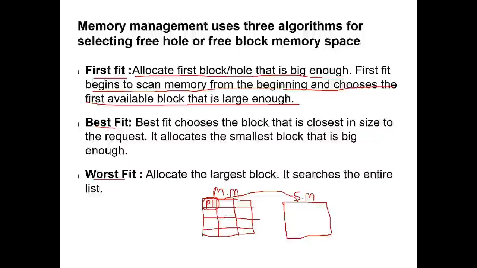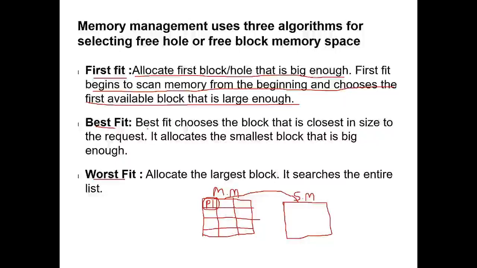If that first free block partition is not able to hold that process, then the next free block will be searched and there that process can be allocated if it is able to hold it. So in this way, whichever the first free block is, the process will first be tried there. If it does not fit, then other free blocks will be searched and the process will be allocated there.